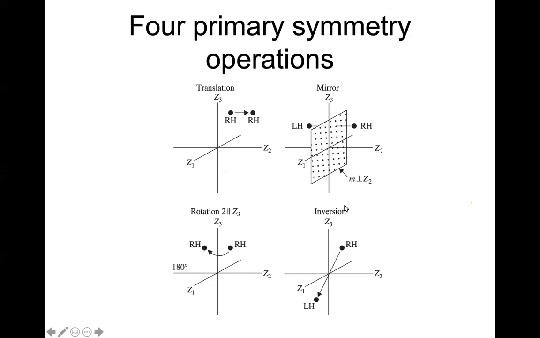Like that, inversion. For example, you take a point here and you extend this point to the center of origin, and then from there in the opposite direction, the same distance you extend, you will meet here. If we have this kind of objects, then we say these objects are related by the center of inversion. Strontium titanate has this kind of inversion symmetry. Therefore it does not have ferroelectric properties.